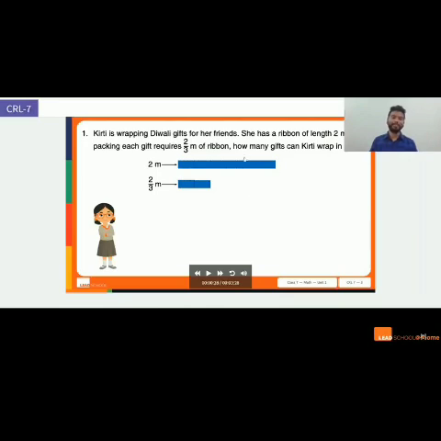So this is a pictorial representation, or representing using pictures. I am using my 2 meters, showing it as a block, and I'm showing how much my 2/3 of it looks like. Correct? I've divided my 2 meters into equal parts, and 2/3 looks something like this. How many strips of 2/3 meter can we cut from a 2 meter long ribbon?